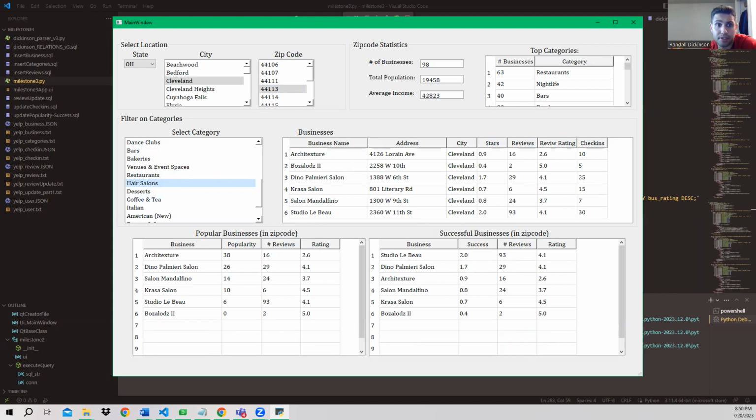And finally, the last use case, which is analyzing the business properties and identifying businesses that may be classified as either popular or successful. I outlined earlier what I defined as a popular or successful business in the Milestone 2 metrics. So here I've implemented that. And you can see right here, popular businesses. These are businesses which, within the last few years of this data being published, I believe 2017 is the most recent data,